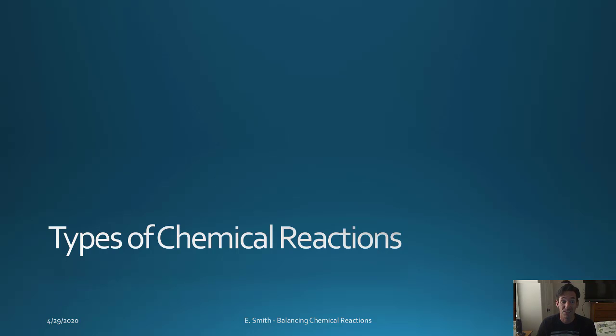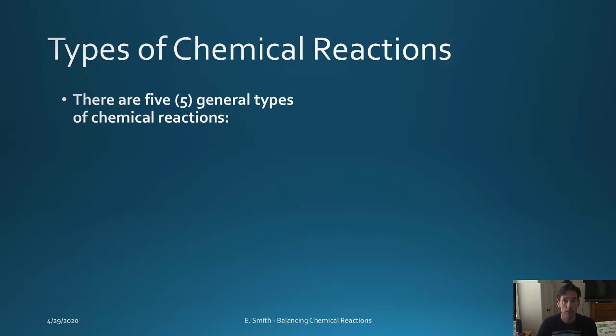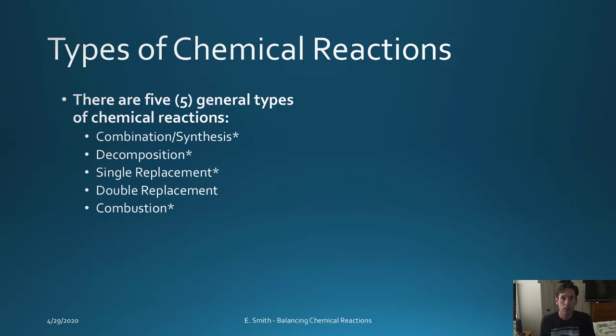I'm going to be talking about the different types of chemical reactions. So there are 5 general types of chemical reactions that we see, and they can be classified in a number of different ways. And it's the way that the reactants are interacting, the types of reactants, and what they're forming as a product. So what we're going to be focusing on are 5 different types, which is combination synthesis, which